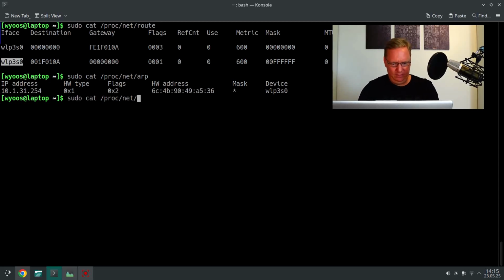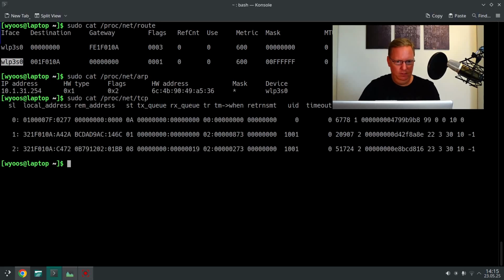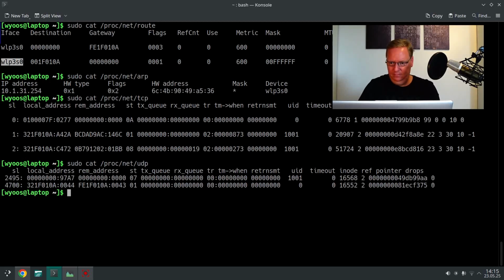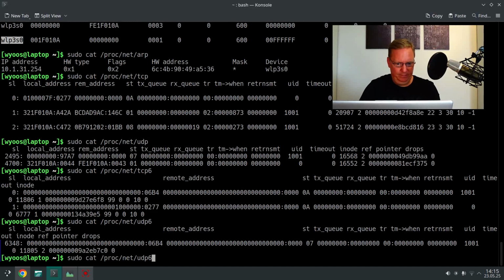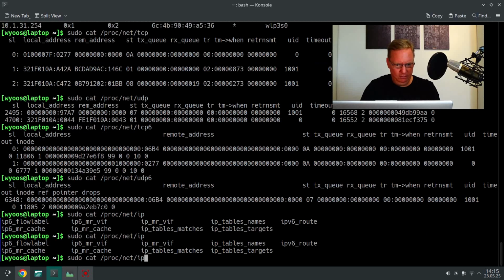Then you have some stuff for TCP, UDP, some statistics, TCP6, and UDP6. Do we also have IP? Doesn't look like it. Okay, anyways,